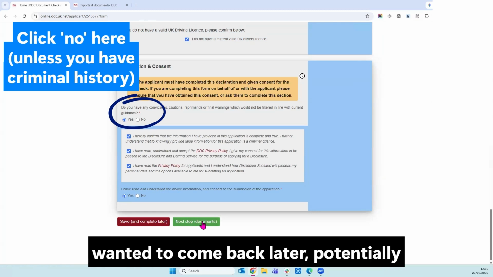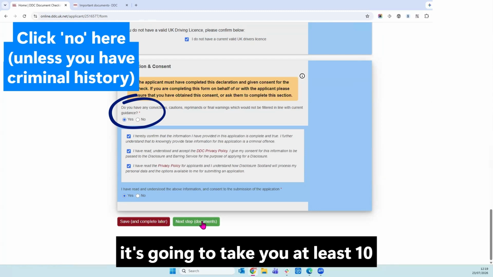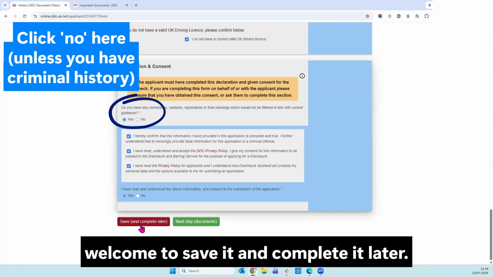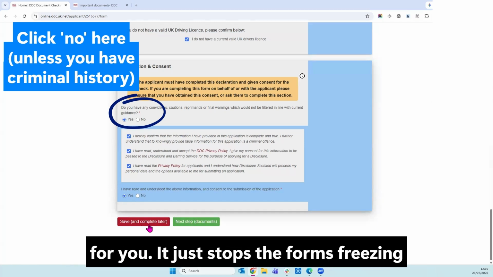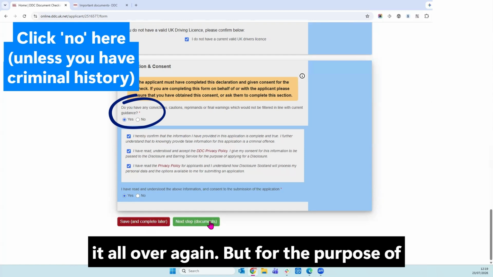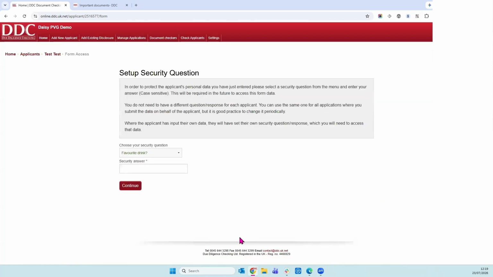But if you wanted to come back later, potentially you haven't got your passport on you, it's hiding in the cupboard somewhere and it's going to take you at least 10 minutes to find it, you are more than welcome to save it and complete it later. This information will still all be there for you. It just stops the form freezing and throwing you out and then having to do it all over again. But for the purpose of this, if we go to next step, documents,